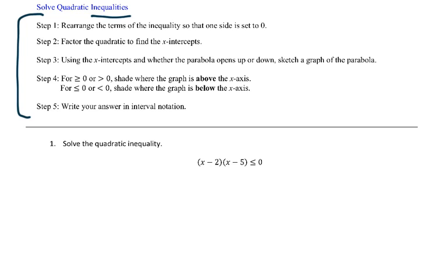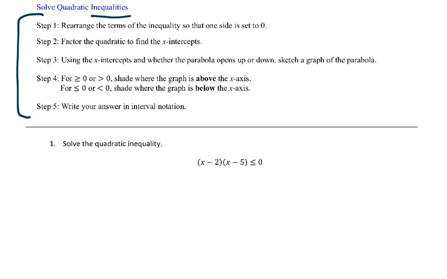So you essentially want to move everything that is a constant or a term involving the variable over to the left-hand side or right-hand side of the equation, so that on one side, all that remains is a 0. Step 2 is going to be to factor the quadratic to find the x-intercepts. Step 3, using the x-intercepts and whether the parabola opens up or down, we're going to sketch a graph of